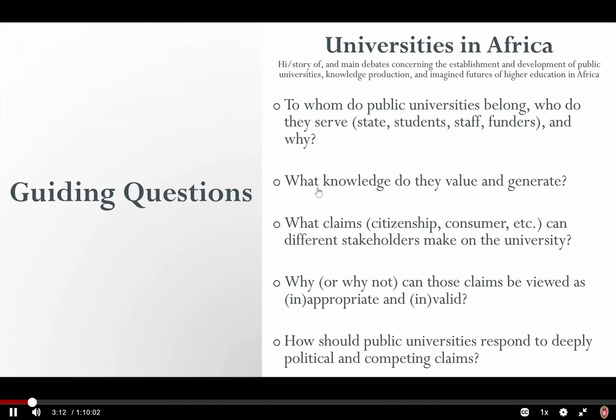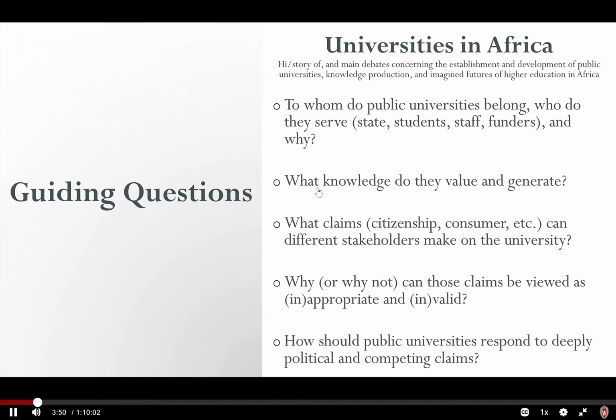And if you want to take a moment, I'll give you a moment to think about the public universities either here in the US or in other places that you know of, and try to think about who owns these universities, who do they belong to? I'll give you a moment to think about it. And I want you to hold on to that answer at the back of your mind as we go through this lecture,